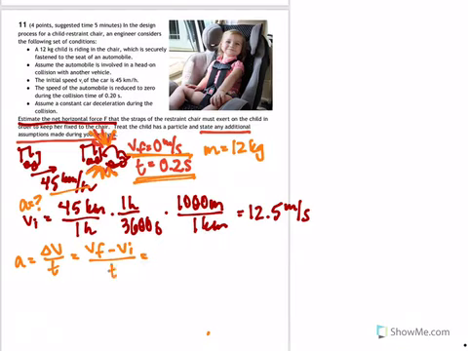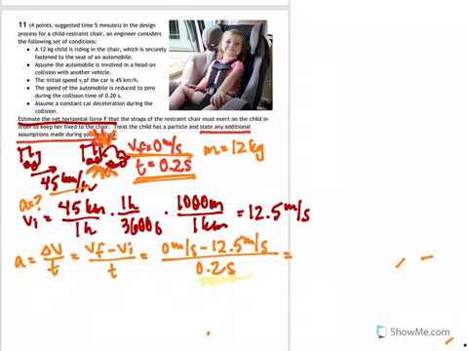So we've got 0 meters per second minus 12.5 meters per second, all divided by our time interval of 0.2 seconds. Even though that's such a tiny fraction of time, this is actually considered a pretty safe time interval in the event of a collision. So when I plug that in my calculator, we get an acceleration of